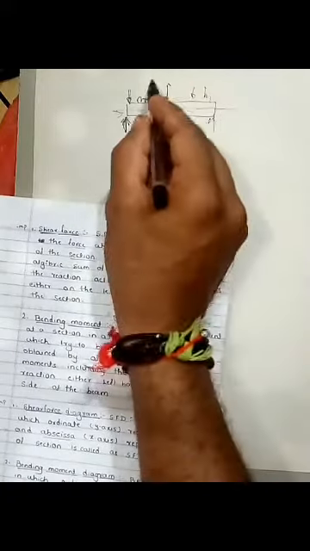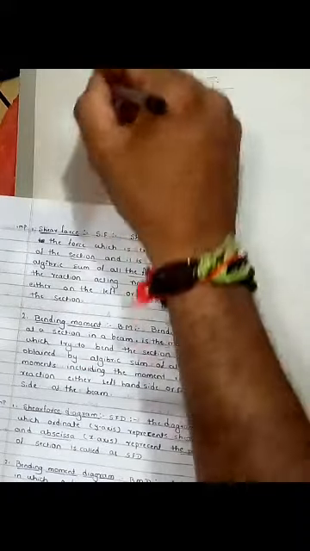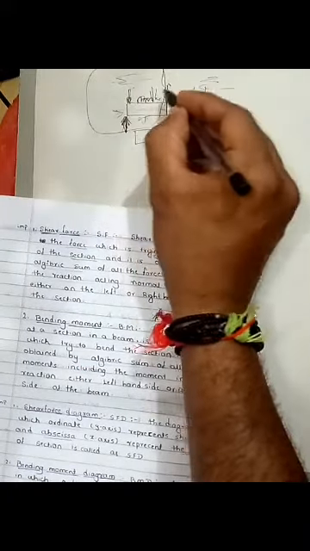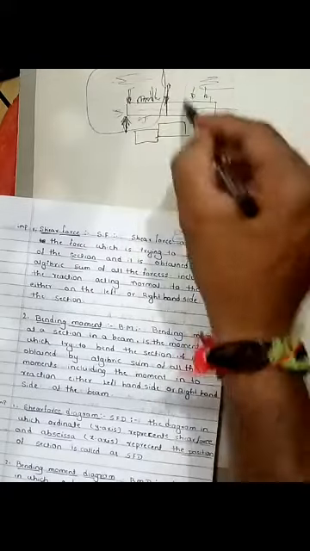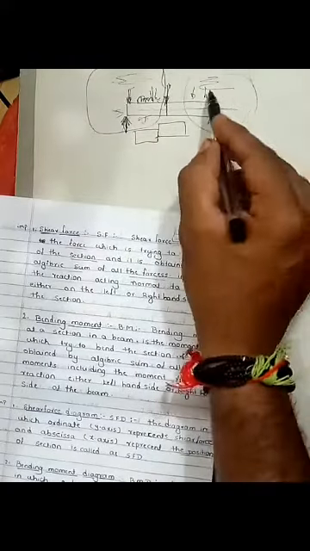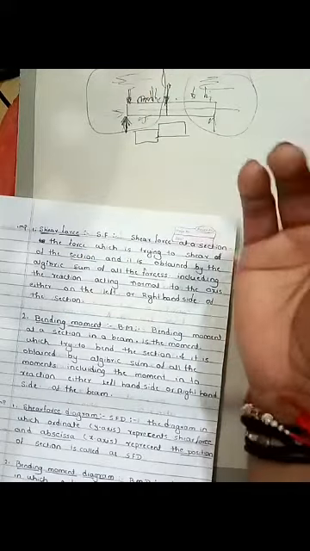Either from the left side you have to do the summation or all the right side summations. Consider only the left side: this plus this plus this plus this will give you the shear force at this section. Or all the forces on the right hand side, this plus this plus this plus this, all the summation, which can be either plus or minus. So it is obtained by that.